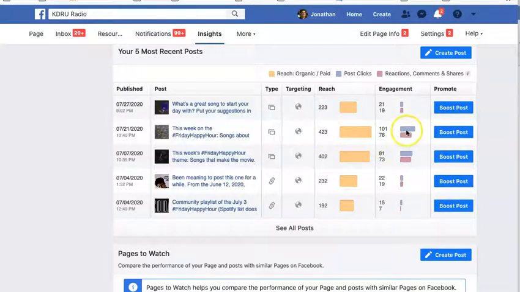And then you can look at post clicks and reactions and comments. Again, as you're analyzing your content, what you want to think about is, what is the behavior that I'm looking for? Is it just that someone looked at it? Did I want them just to react to it or get a particular kind of reaction? Or do I want them to comment? For me, I'm looking for engagement and I want people to request songs. So comments are the most important for me to make sure that I'm getting enough feedback